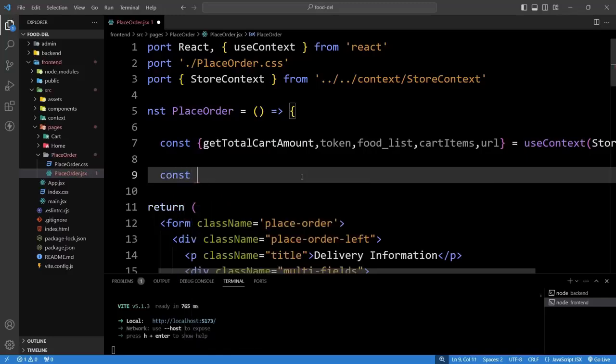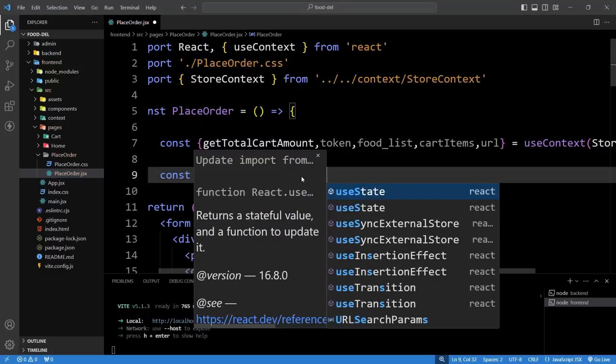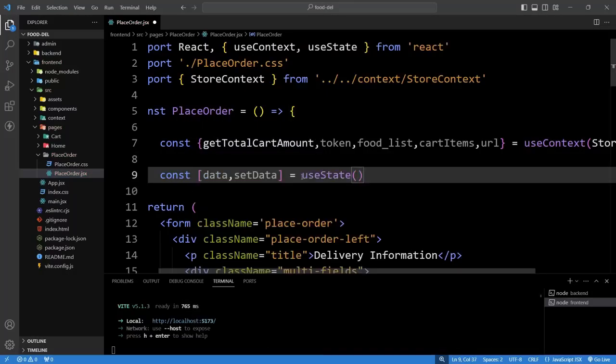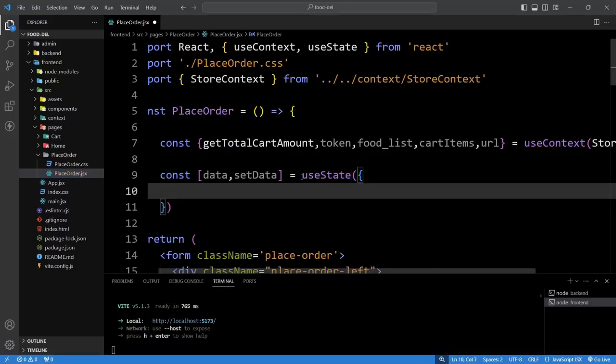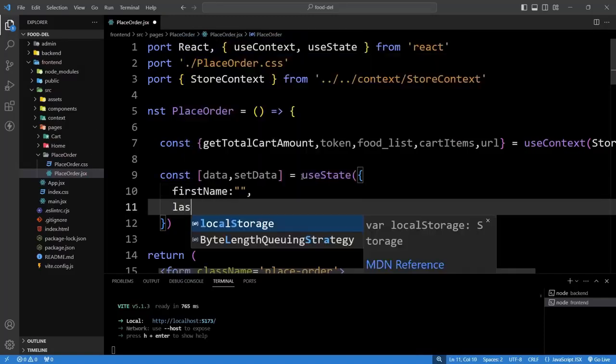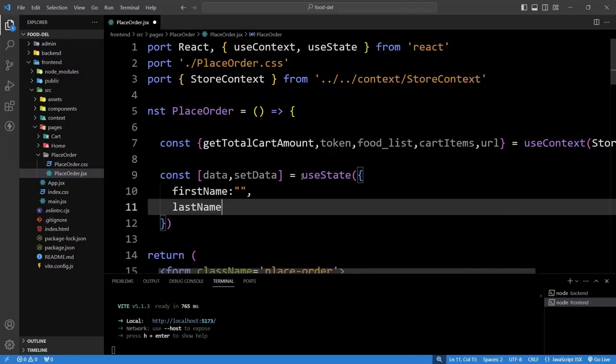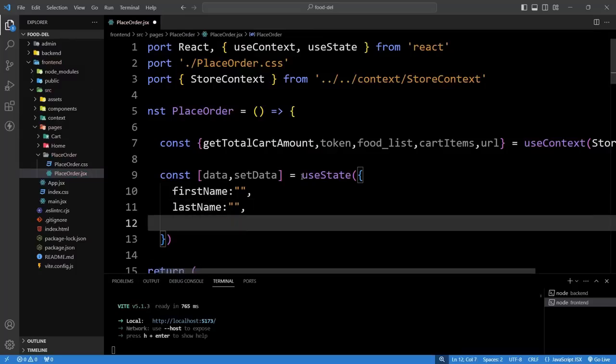For that we will type const data and the setter function name is setData equal to useState, and we will initialize this variable with one object where we will add first name, it will be a string, then last name, it is also a string, then the next thing is email, it is also a string,